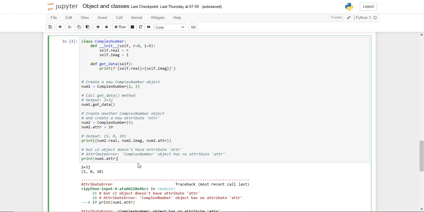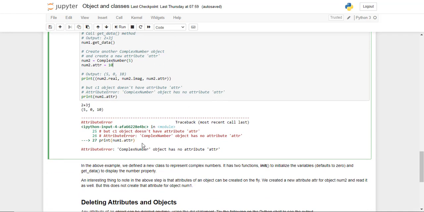So in general, it's a bad idea to define values like this because they do not belong to the class by themselves. Much better would be to have either this attr variable within the class or to have a variable outside the space of num2, so it can be accessed by other functions as and when required. Once you are giving it within the namespace, only the num2 namespace has this, and so no other object of the complex number class is going to have access to this. So we get the attribute error here, as you can see.